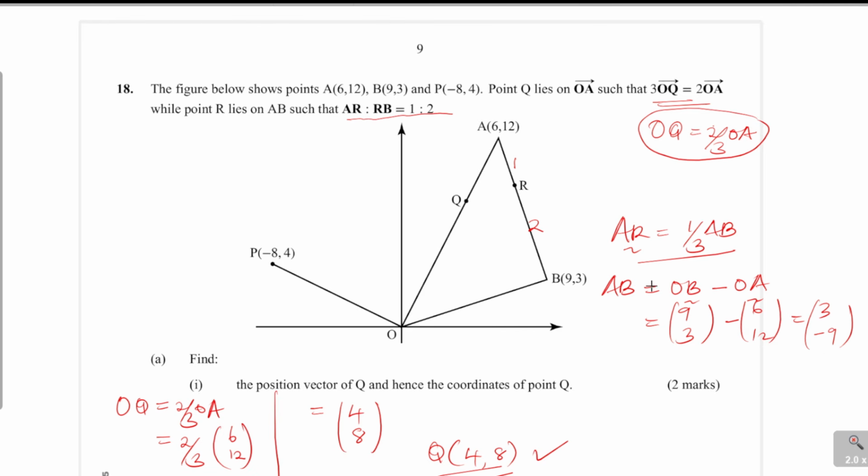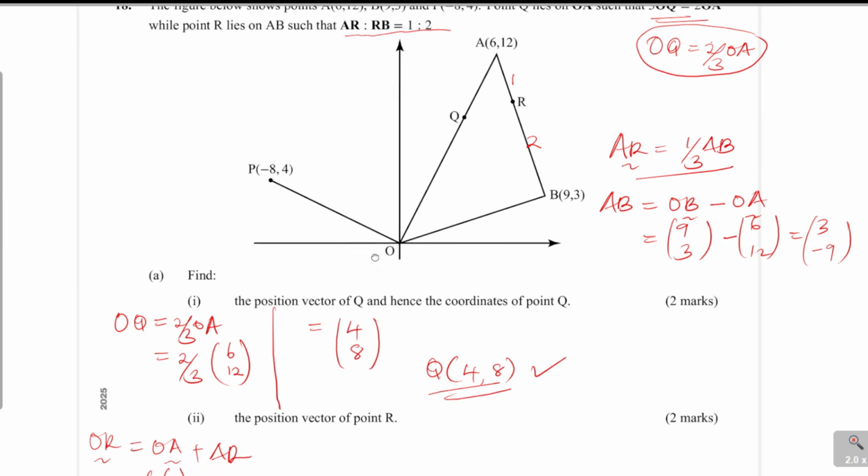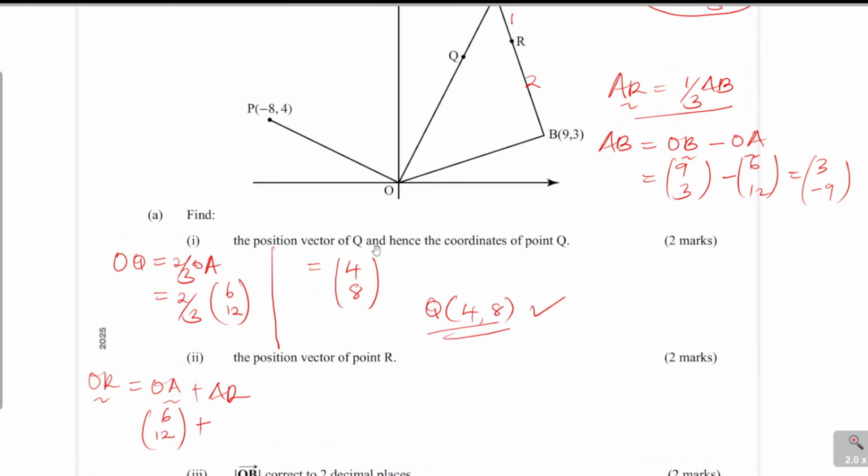So that is AB. So now when you go back to a solution having that, AR will be a third AB. That is AR. We are giving AR now. AR is equal to a third AB. And AB, we already got as 3, -9. Like that. So this will give 6, 12